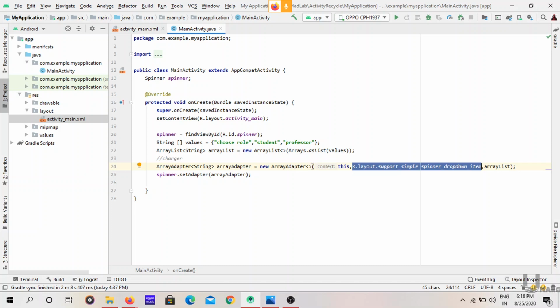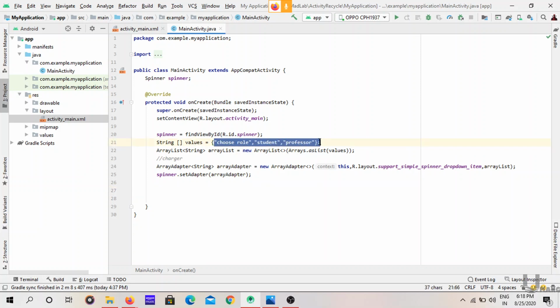So we have to get the items from the spinner. How can we get those items?